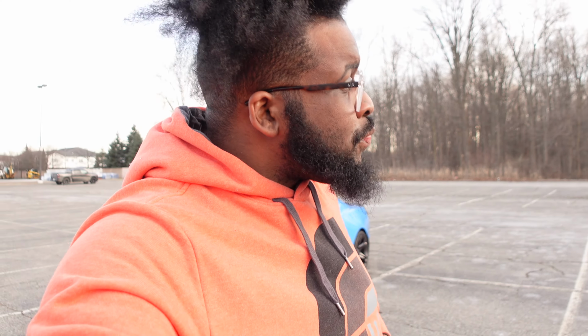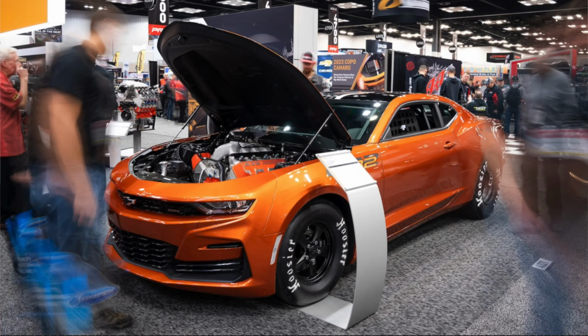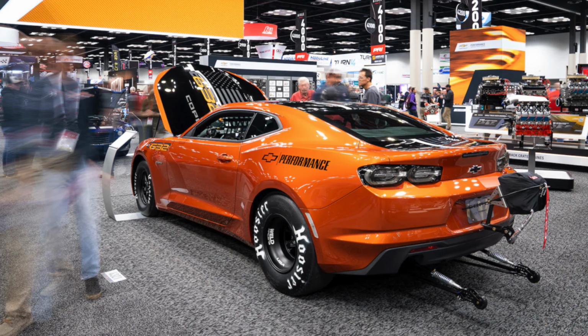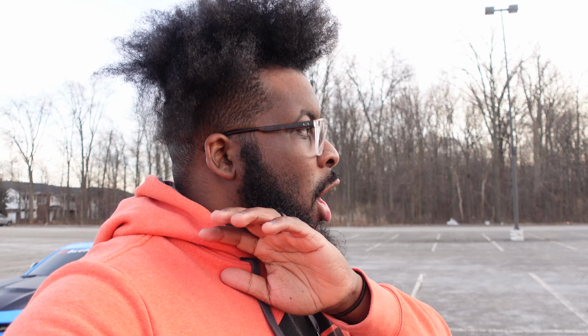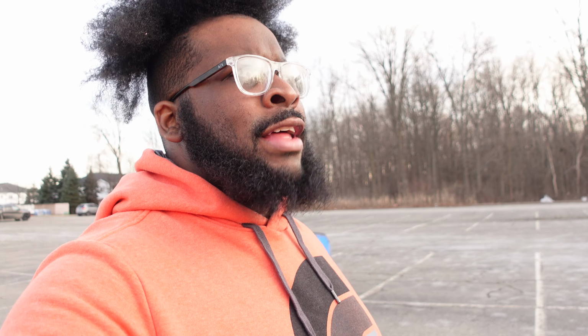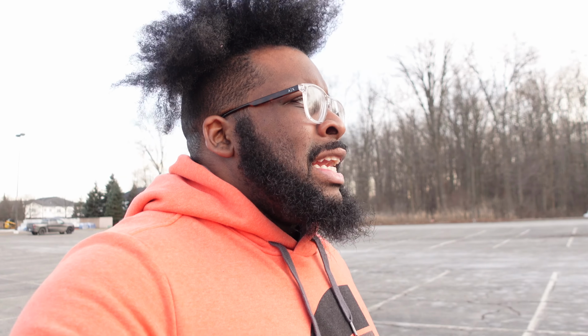But also the third engine that came out from Chevy, then they just released, is the ZZ632, and the numbers that GM put on the side of the car is the cubic inches. That is the most highly rated naturally aspirated engine coming out of GM, making 1,004 horsepower, and that is specifically for the hardcore drag racers, man. And GM, believe it or not, they have that crate engine being listed as like